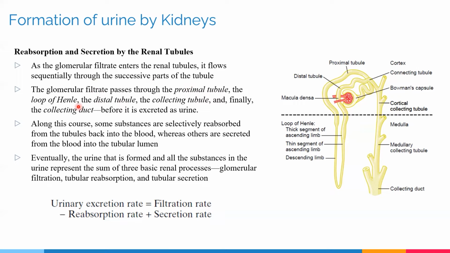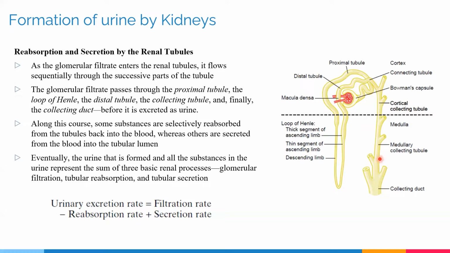The glomerular filtrate passes through the proximal tubule, followed by the loop of Henle, which has two parts, the descending arm and the ascending arm. Further, the loop of Henle's ascending arm is divided into the thin portion as well as the thick portion. Next, the glomerular filtrate passes through the distal tubules, followed by the collecting tubule and finally the collecting